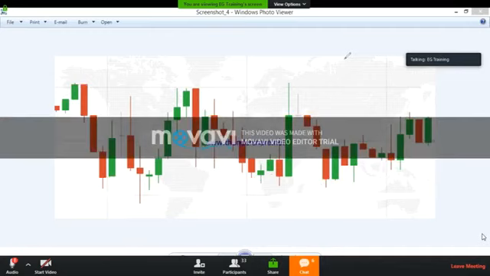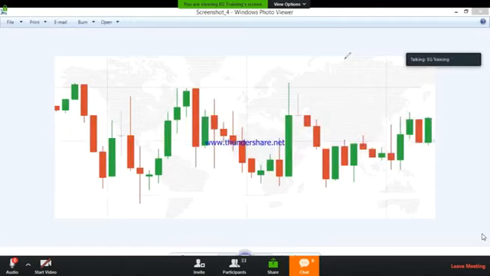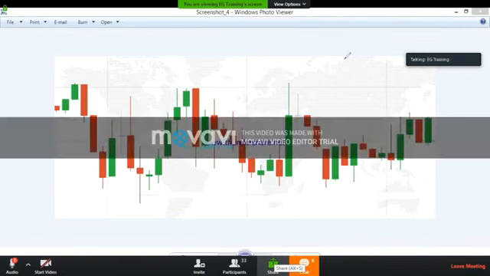To know which level the market will respect, we need to know the right SNR points, the correct support and resistance level points. All are SNR levels, but all are not reliable. We can't trust all SNR levels. We can trust only a few SNR levels. I will show you how to identify those SNR levels now.